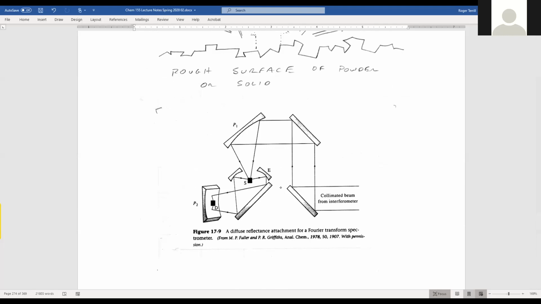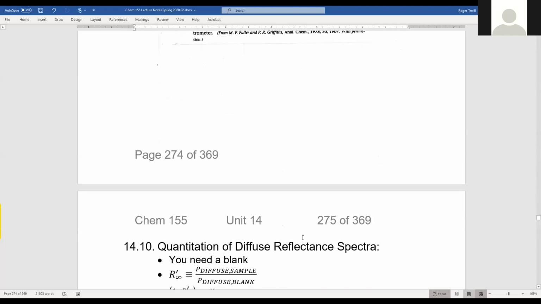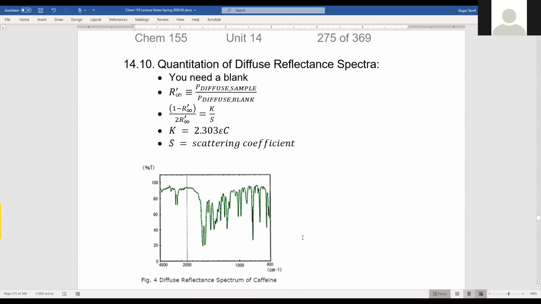So you focus the beam onto the sample, then you collect the radiation that comes off and you do your best to focus that onto a detector, right? And the diffuse reflection, right? It's not exactly quantitative in terms of